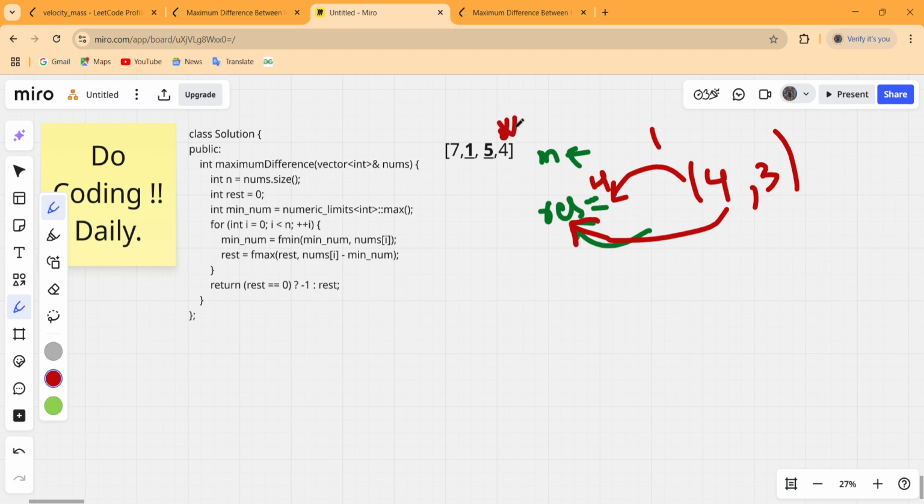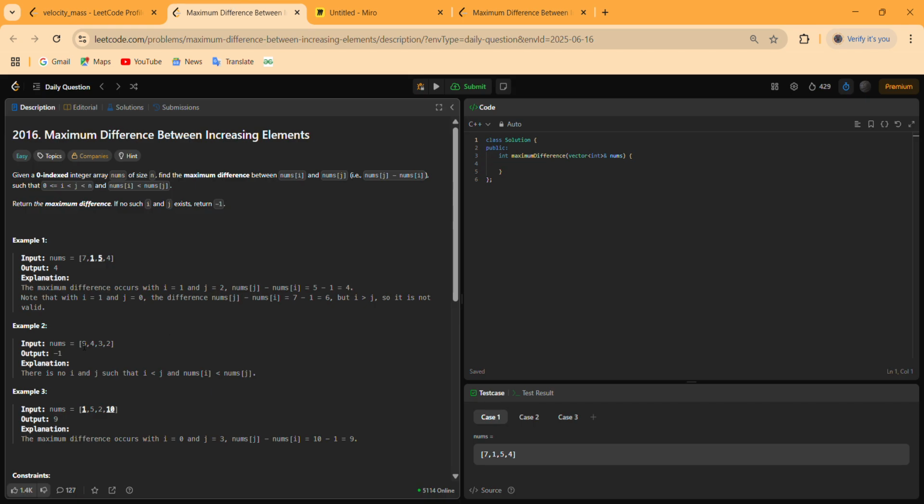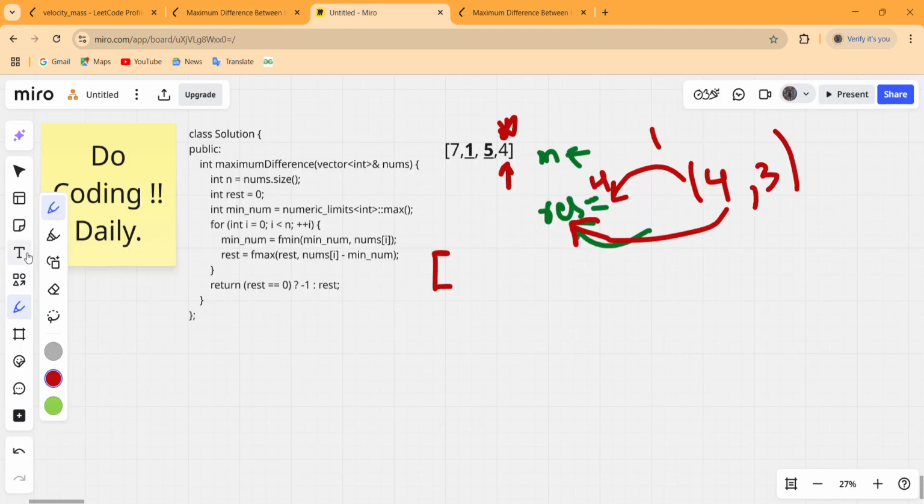And after completing this, again we have to check one condition. And what will be that? The condition is, in that case, if we do not find any element that is previously smaller than this current index, that means let us look at this example number 2. And now let us visualize our concept for this code.